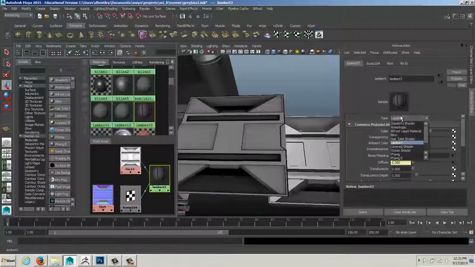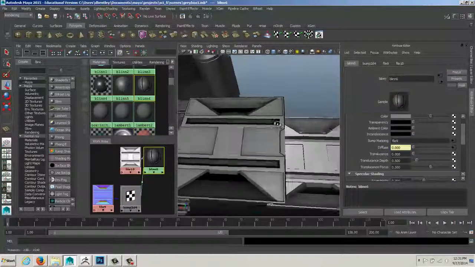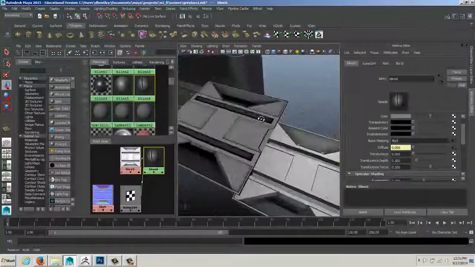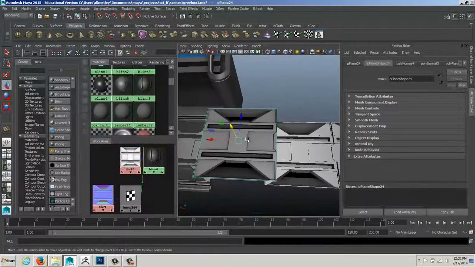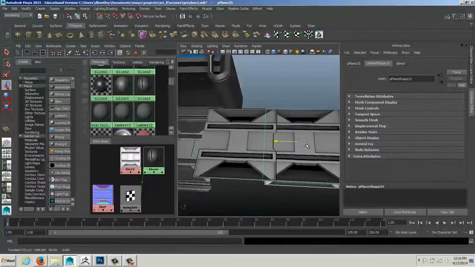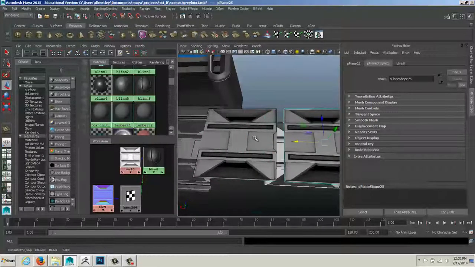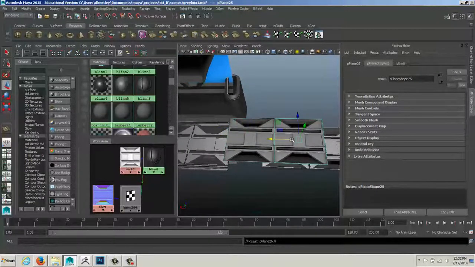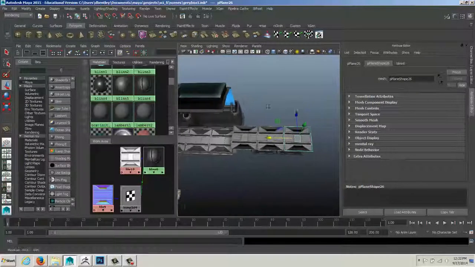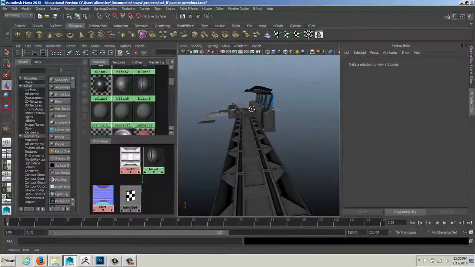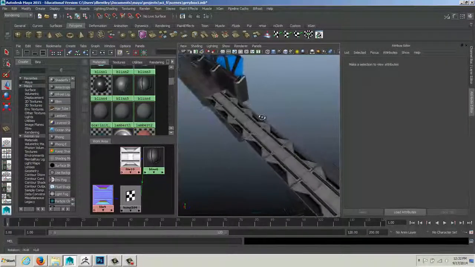And if I change this from a Lambert to a blend, so I get a little bit of shininess on that, it looks a little more like the originals. It just has more ambient occlusion is all. And if I duplicate this guy, let's snap him. If I snap this guy too. There we go. And duplicate that guy. And then Shift D off to infinity. I mean, that looks pretty good